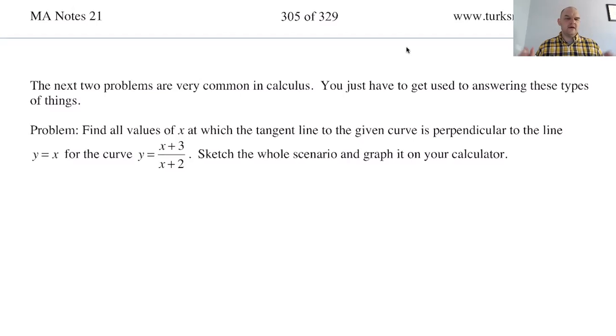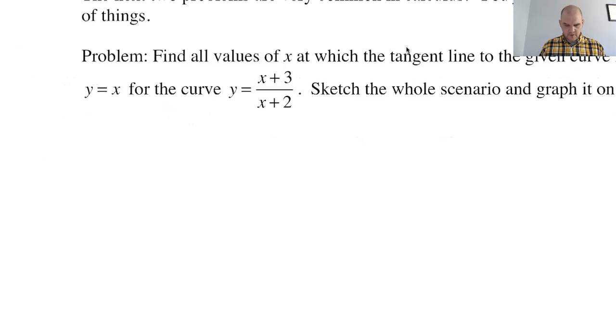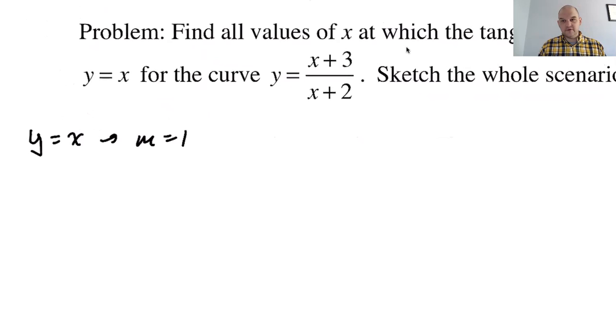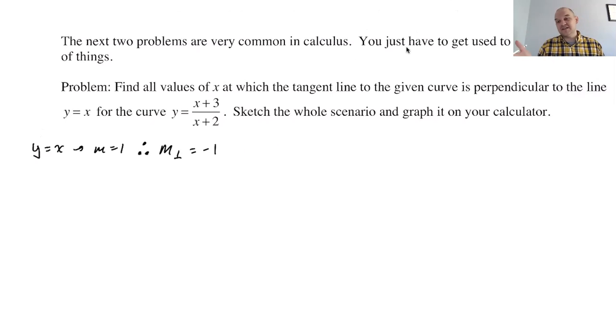Okay, so what's going on? All right, so I need to be perpendicular to y equals x. So y equals x has a slope of 1. So the slope of the perpendicular will be the opposite reciprocal. So therefore, the slope of the perpendicular is -1, right? It's really -1 over 1, but like -1. And so I'm looking for where the slope of the curve, the slope of the tangent line, but the slope of the tangent line is the same as the slope of the curve. I'm looking for where the derivative of this function